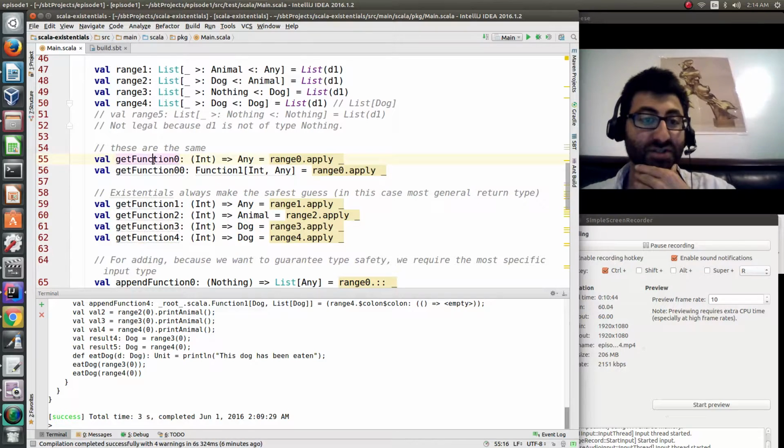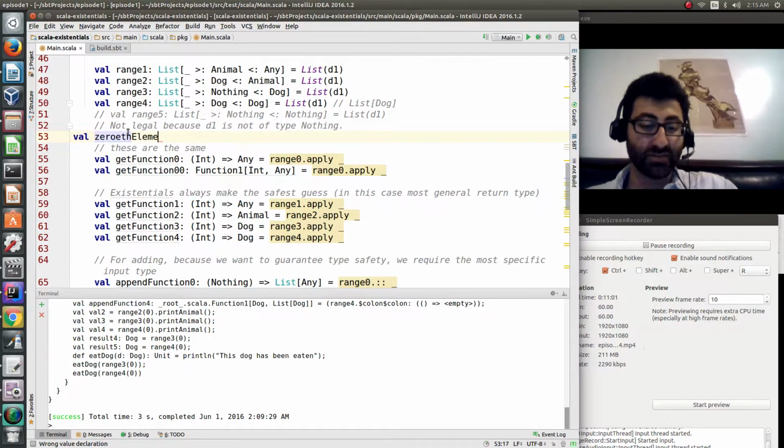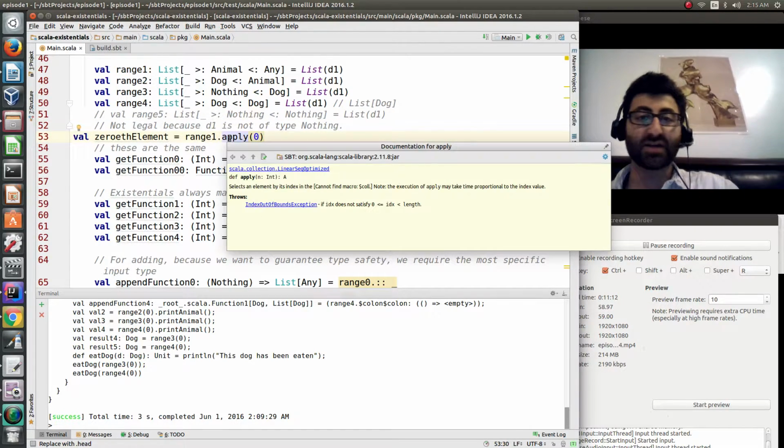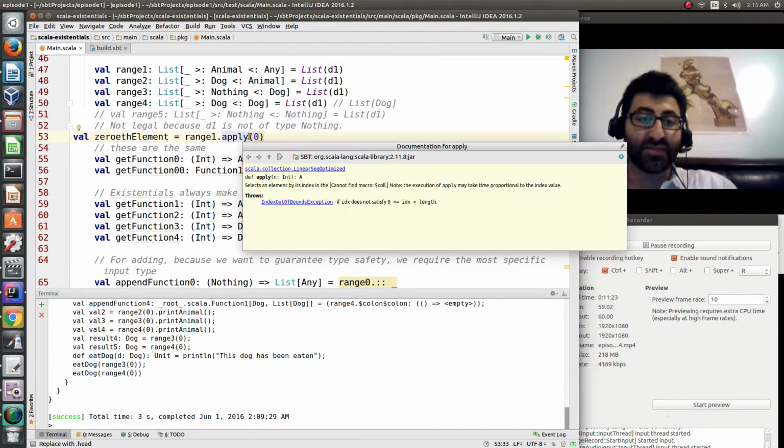Okay, so get function 0, range.apply. If you've ever done something like val 0th element equals list at 0, writing parentheses 0 is the same as writing .apply(0). This .apply is sort of like the glue between functions and objects. It allows you to treat objects as functions. So in this case, the apply method